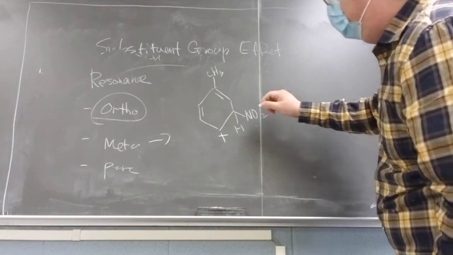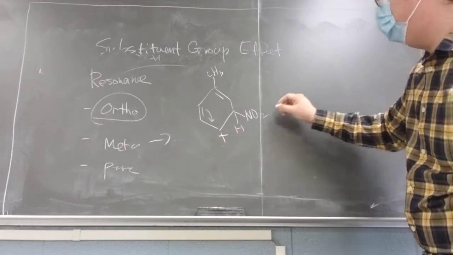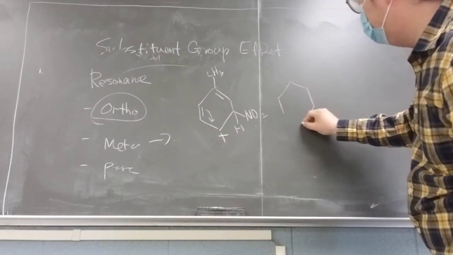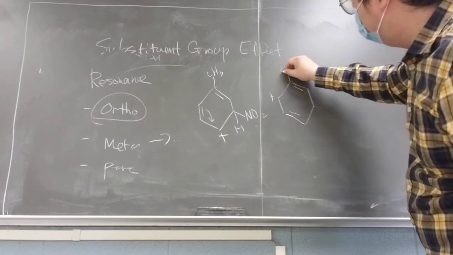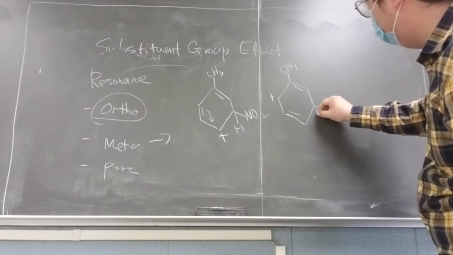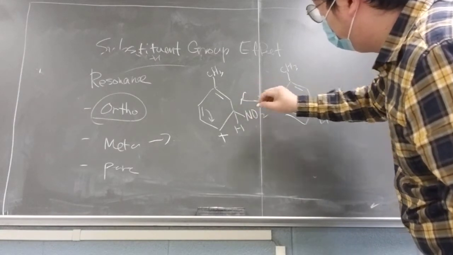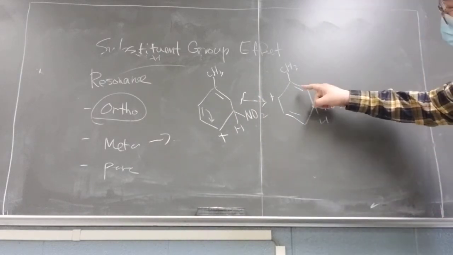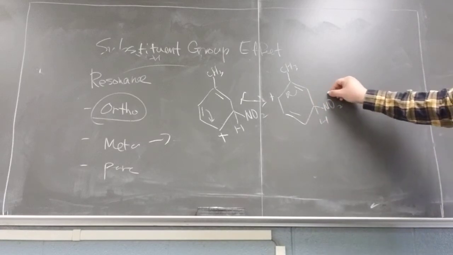If you move this one to here, it goes to this position. This is another possible resonance structure. And if you move this one again in this way, then you're going to have